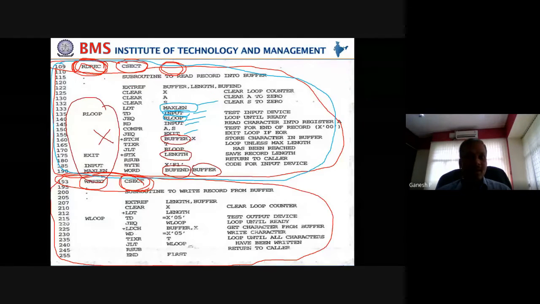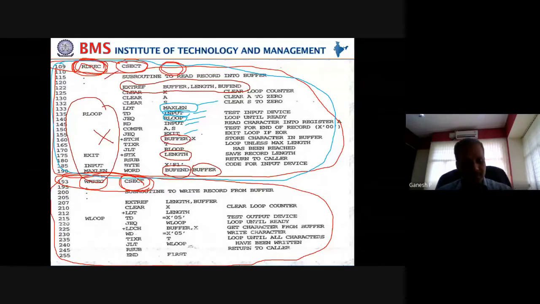this particular RDREC. Thereby, if you look at EXT REF, what have you written now? You have written buffer, length, buffend. Why have you written them? Because we have used them in the current control section, but they are not part of this control section, they are defined elsewhere. Since they are defined elsewhere, I have to inform the assembler that no doubt they are not available right now with me, but they are going to be available to you later. To give that indication, EXTREF is another assembler directive which is going to inform the system that I have buffer, length, buffend, not part of this, but part of somewhere else.